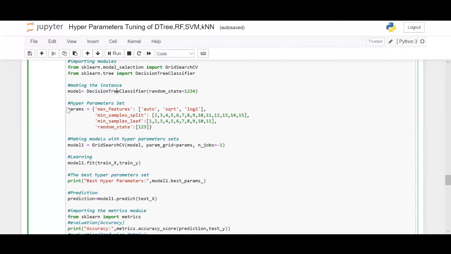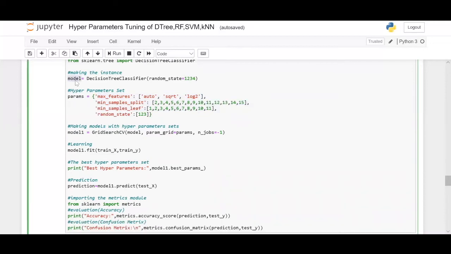So for hyperparameter tuning to happen, we have to define a parameter grid, which is this. We have max features as auto, sqrt, and log2, which is nothing but the features in the decision tree algorithm. We have min samples split, which is how each node has to be split, the number of minimum leaves, and the random state. Random state is nothing to be bothered about. But these three are very important features that need to be adjusted. Now that we have defined the model, which you see here as the decision tree classifier, which is set here, and param grid as params.